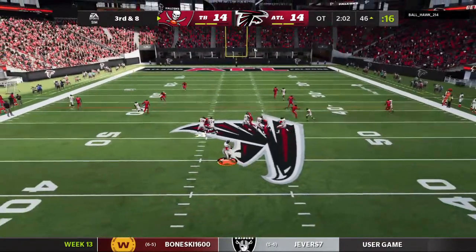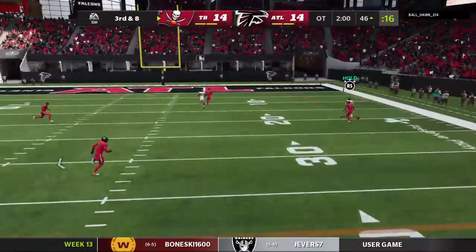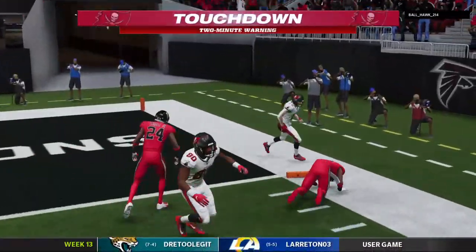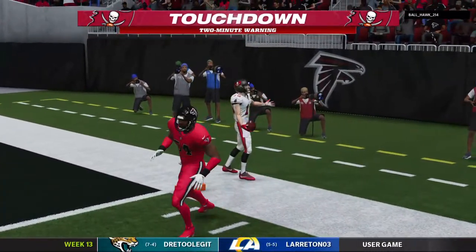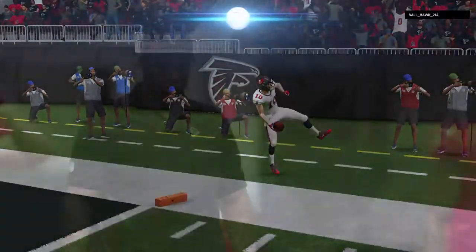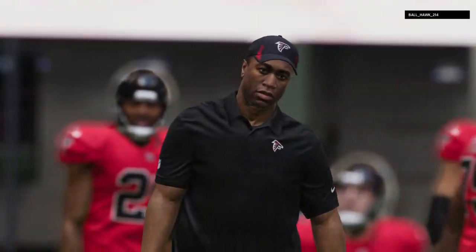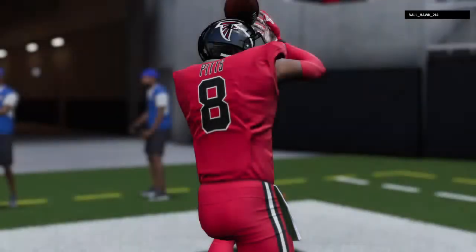To throw is Brady. Going deep this time for Miller. And at the 7-yard line, the catch is made. And he's into the end zone for the touchdown and the game winner in OT. A road win in the National Football League. Charles, you never take